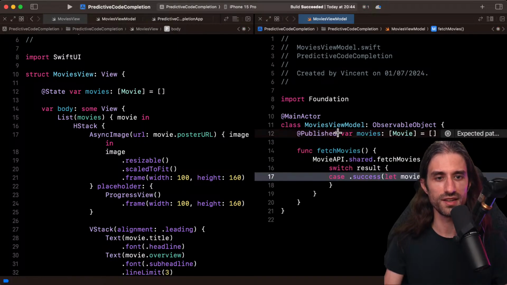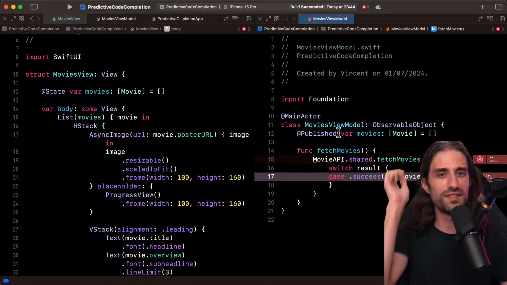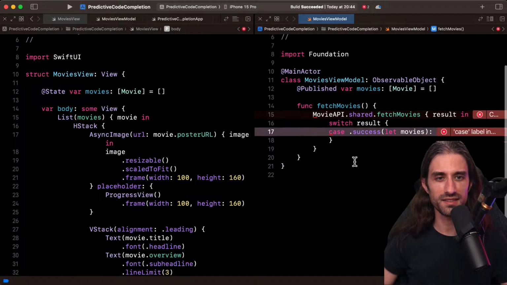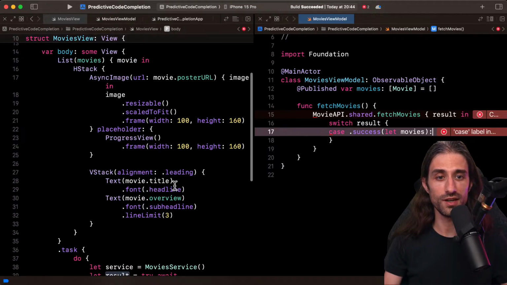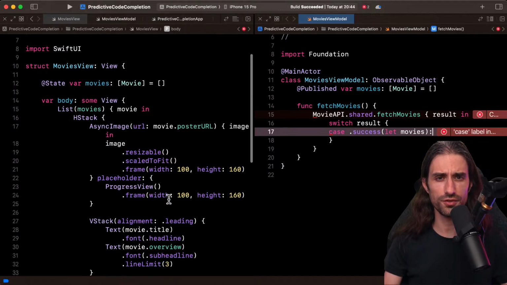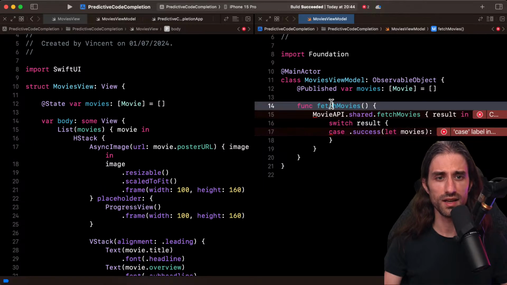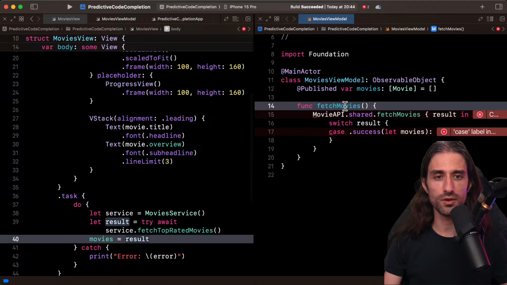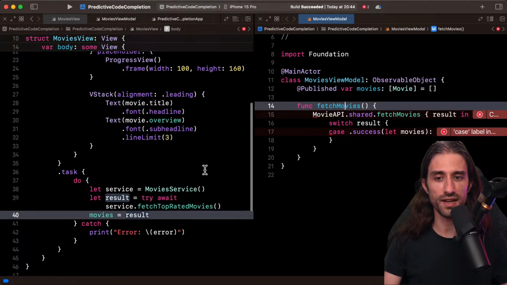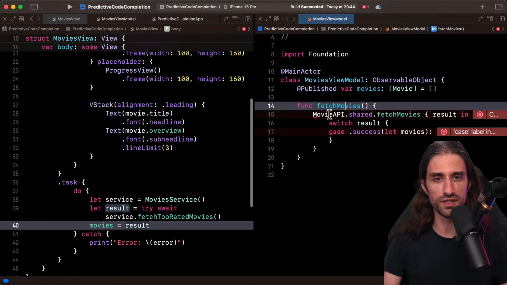So is it okay? So it does suggest. Okay, it's interesting. You can see that it feels almost as if it has regurgitated code from somewhere else. It didn't reuse any of the code that is in the other file, so you can see that it's not context aware at all in this case, but it did still correctly suggest having a function fetch movies.